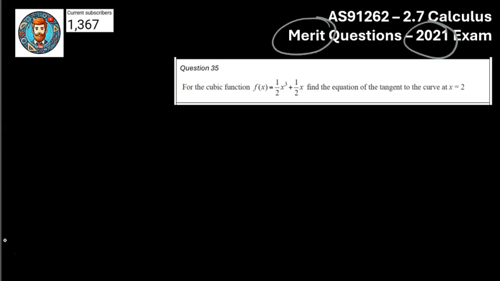This is on all the merit questions of the 2021 exam. Just a heads up, these are all past NZQA paper questions. I've compiled them all in one place for convenience, so I thought I'd run through them for you